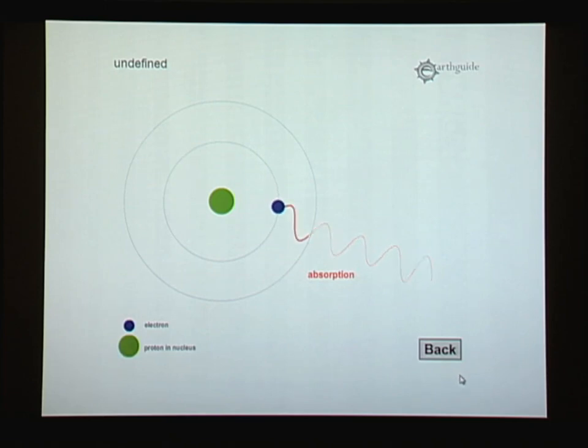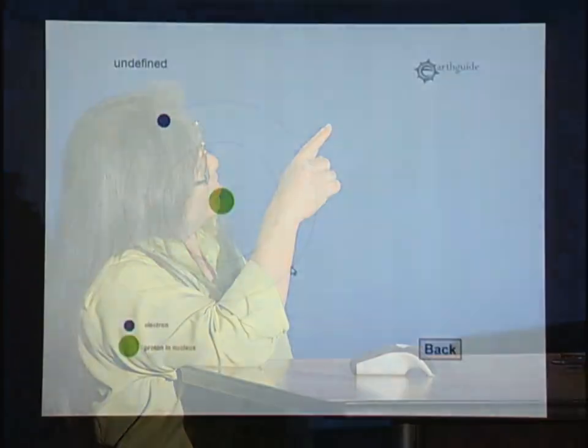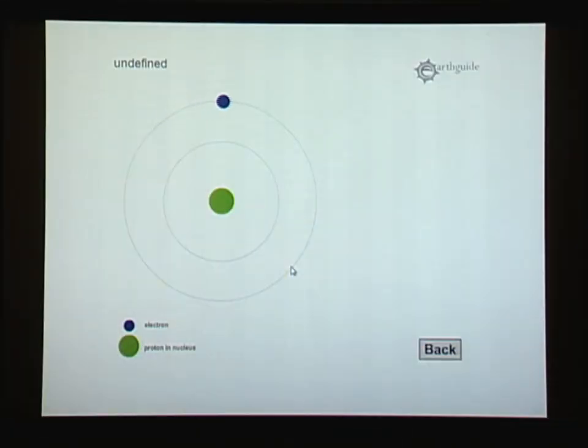If you have just the right amount of energy in an incoming wave, then that electron will be elevated and moved away to a place that requires higher energy to circulate. Eventually, the real electron's moving a lot faster and we don't know where it is, but it's going to let it go. And when it lets it go, it's going to lose that energy and drop back down to the lower energy state.